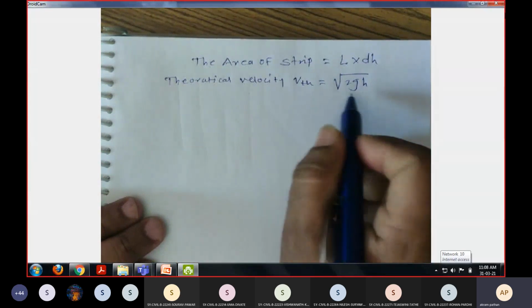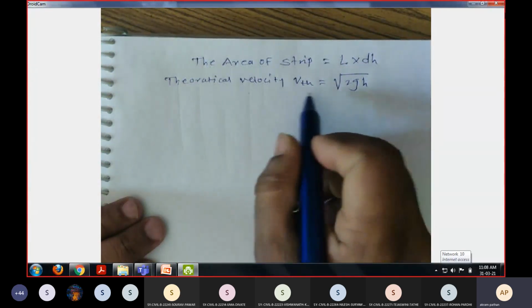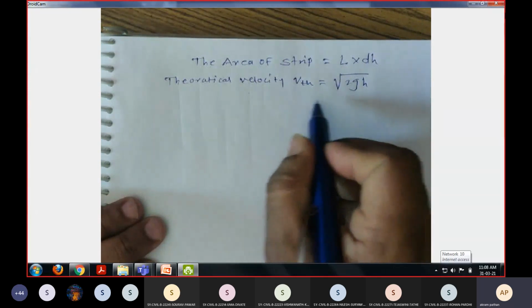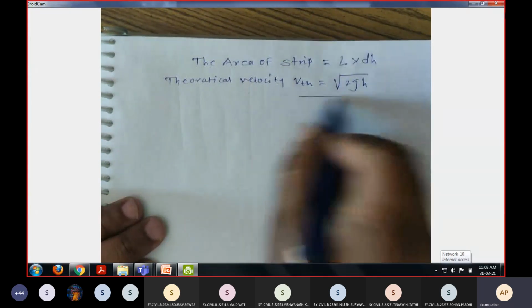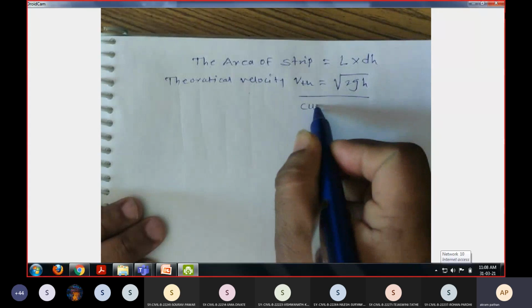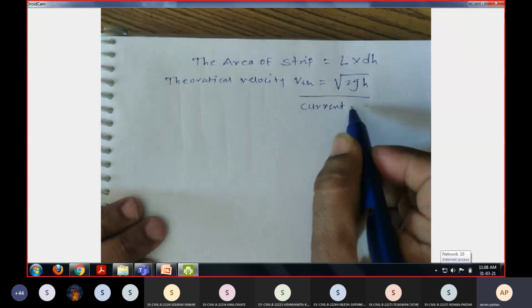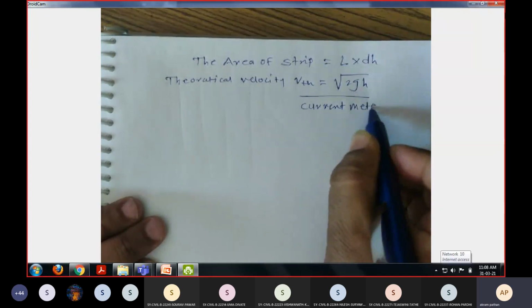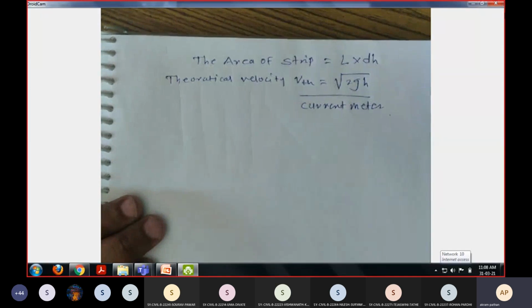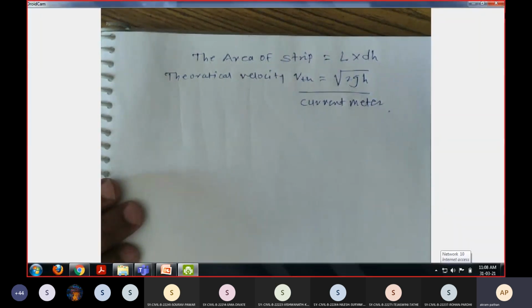Okay, we have seen in the last lecture also how to calculate the theoretical velocity, so with the help of current meter. Okay, हे कशाने आली? करंट मीटरनी आपण theoretical velocity काढलेली आहे. Okay, now once we have the theoretical velocity under root 2gh,